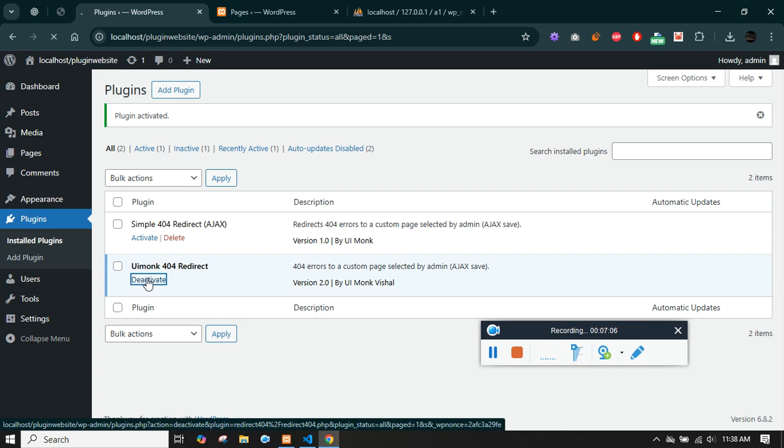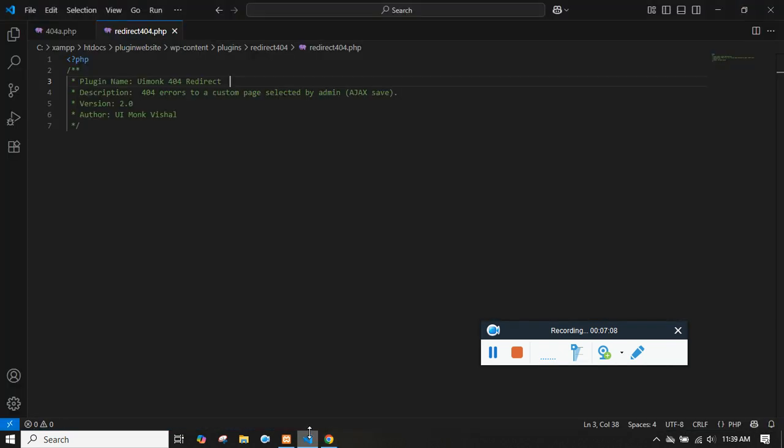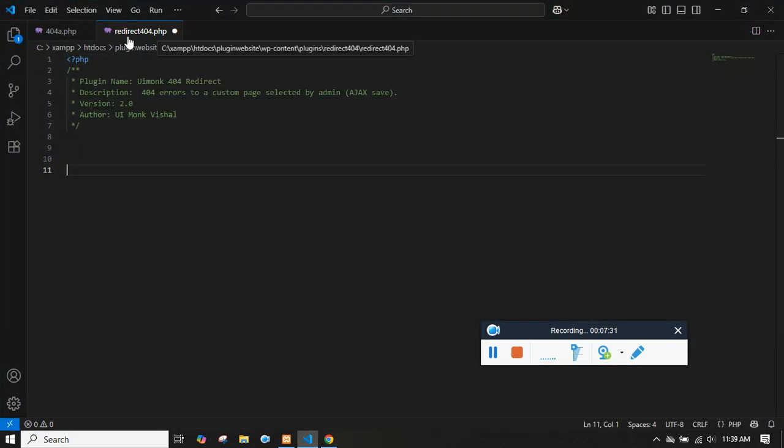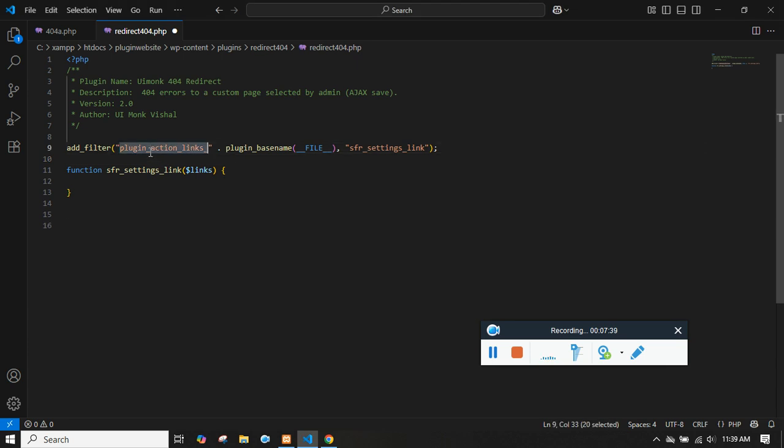Let's just do that. To do that, you need to understand one thing. We need to link our function to a hook. That hook is actually plugin_action_links, what you see here. Along with plugin_action_links, you need to pass the file name as well. So you can see WordPress identifies that settings option with the help of the file name. So we need to pass that. Now you see this is the action, this is plugin_action_links, and this is the name of the file. So this name of the file will get appended over here, and